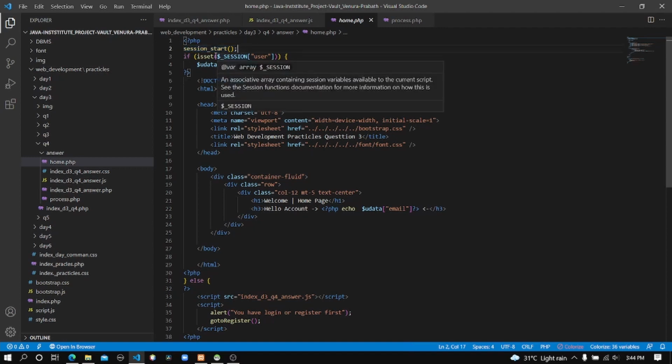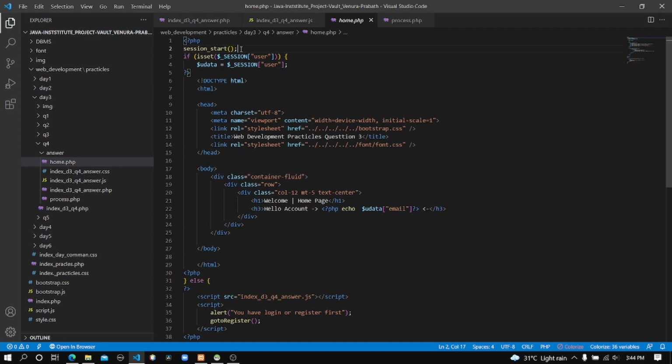The behavior of session start is it will check whether the user has a session ID, and if there's an ID it will get access to the user's session space. And if there's no cookie called PHP sesID, that means he can't access the session space, or he is not a logged in user.